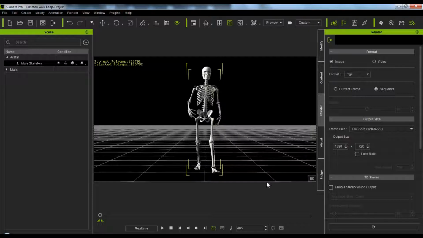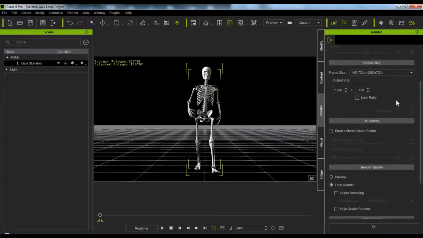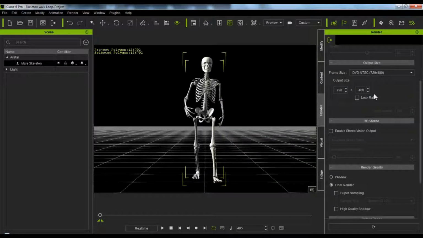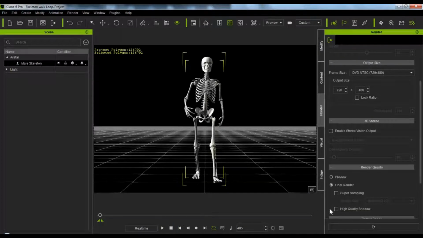The grid's not going to render, so you come down here and you say, okay, I'm going to put it out in this size. You can make it any size you want. You can make it small. I usually go with widescreen, but some people prefer narrow screens or whatever. This is already set up for a widescreen, so you can put it out 720 by 480, and then you render it,